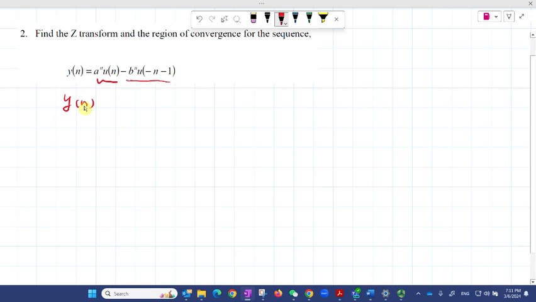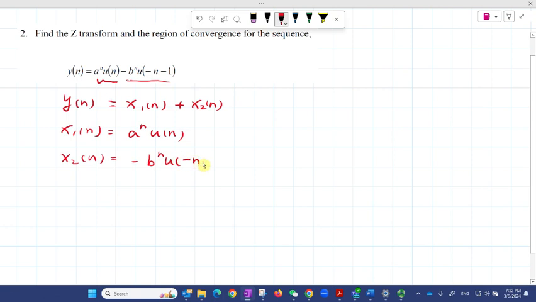So y[n], we will say that y[n] equals x1[n] plus a x2[n], and we make x1[n] equal to a to the order of n u[n]. This one we are very familiar with, and we can say that x2[n] equals negative b to the n u[-n-1]. Okay, that's another part. And if we do a z-transform of this one,